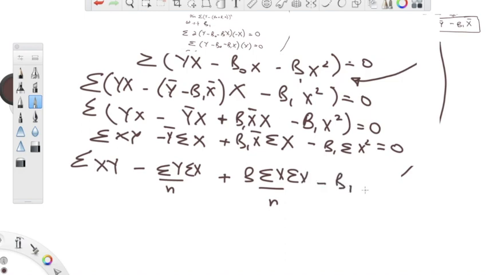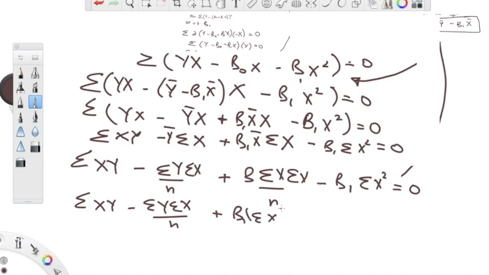Minus beta 1 sigma x squared is equal to 0. And now you see that you have this term over here. You can write it as sigma x whole square. So you end up with sigma xy minus sigma y sigma x over n plus beta 1 sigma x whole square over n minus beta 1 sigma x whole